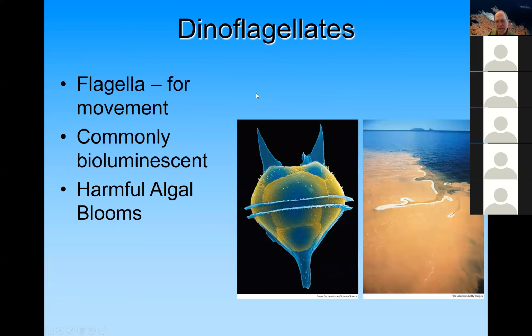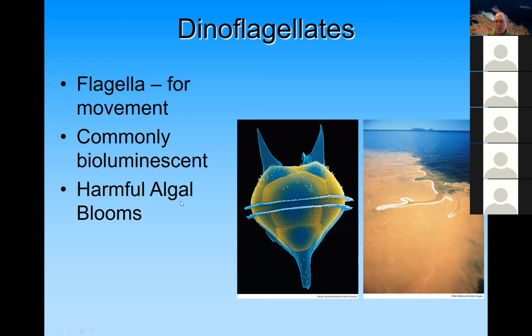Another species which interacts with human beings are dinoflagellates. And dinoflagellates account for about 30% of overall phytoplankton abundances. They have a flagella, and they're able to move using these flagella and steer themselves into areas of higher production. They're commonly bioluminescent, and harmful algal blooms such as red tides or brown tides are often caused by overproduction of